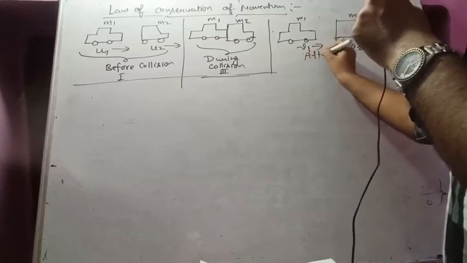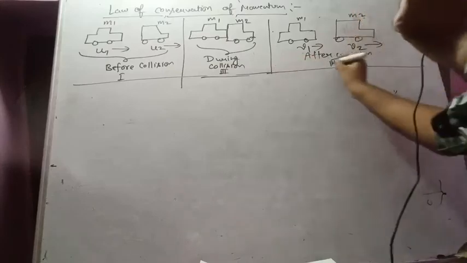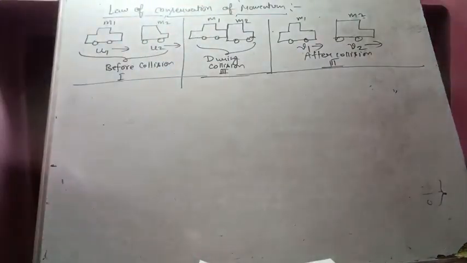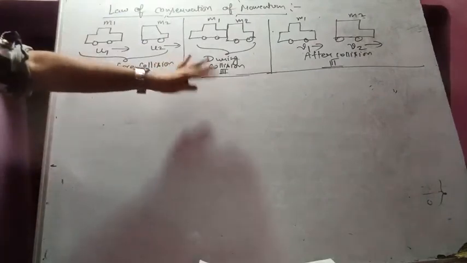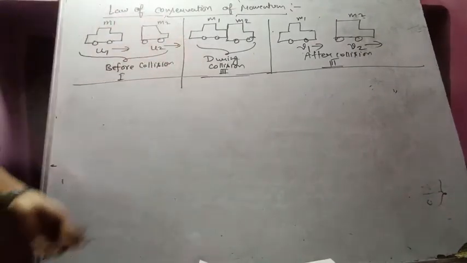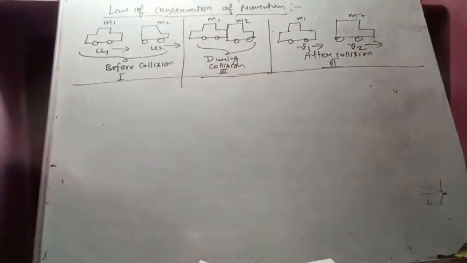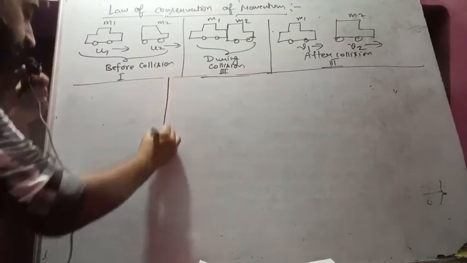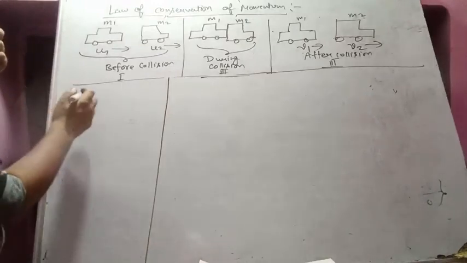So this is the case after collision. This is the third case, after collision. This is how we have indicated all three cases. Two cars were there, earlier moving with u1 and u2, both collide, and after collision the velocity will be changed. So suppose m1 car is now moving with velocity v1, m2 car is now moving with velocity v2. I hope this is clear. We have to write it in physics with proper language once we are doing the derivations, so I am going to mention all these cases here on the board.